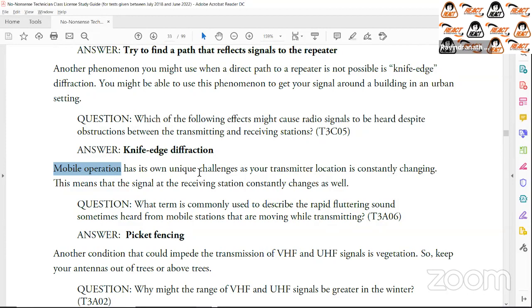What happens is that the signal varies and sometimes you will hear a chip, chip, chip, chip sort of signal that comes along with your audio. And that is called picket fencing. It's a sort of fluttering sound that occurs when you move. So if you have ever used a radio in analog mode and you hear that sort of fluttering chatter, well, what that simply means is that you,